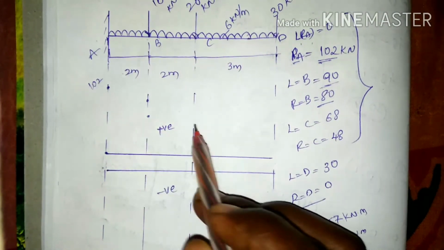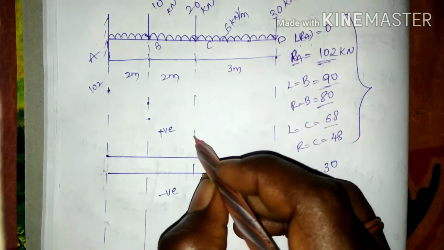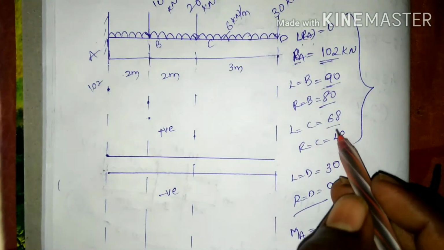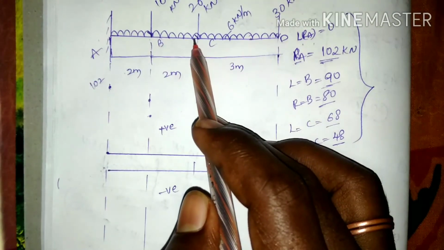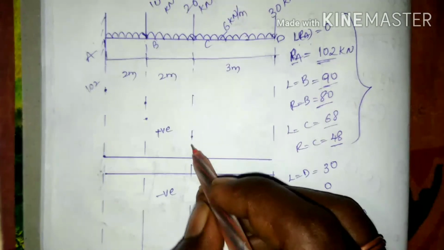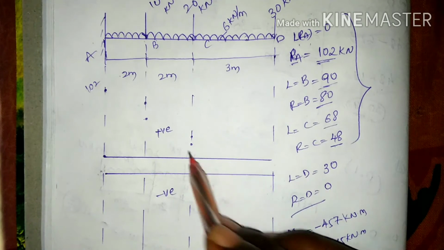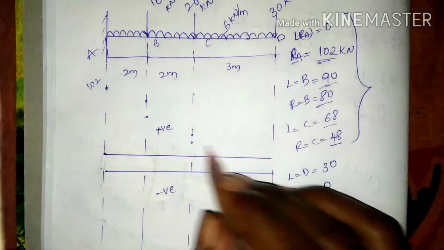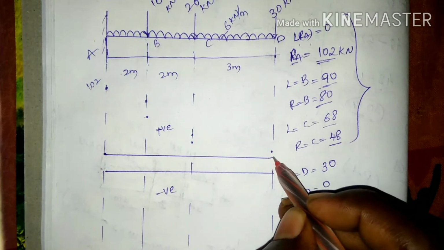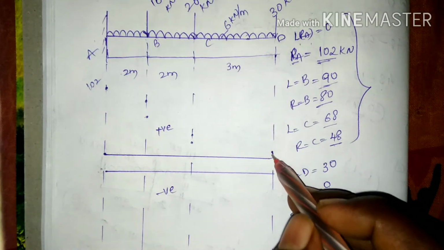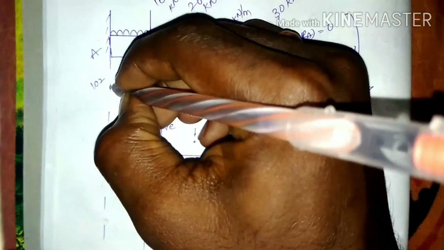Thereafter from B to C it is going to decrease for the 68. Thereafter from left to right of the C it is going to decrease for the 48. Then after it is going to decrease for 30, and the value next 0 on the reference line. Here joining the lines,